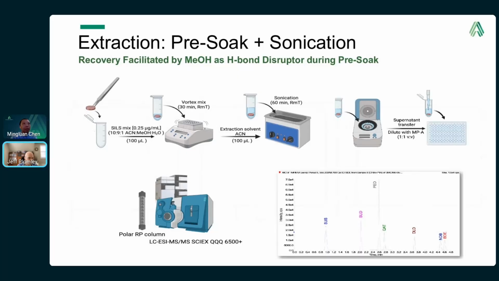So we agitate for 30 minutes in a vortex mixer the disc alongside a stable label internal standard mixture in 50-45-5 acetonitrile, methanol, water. And then we add extraction solvent and sonicate, centrifuge, aliquot off the supernatant and dilute with mobile phase,